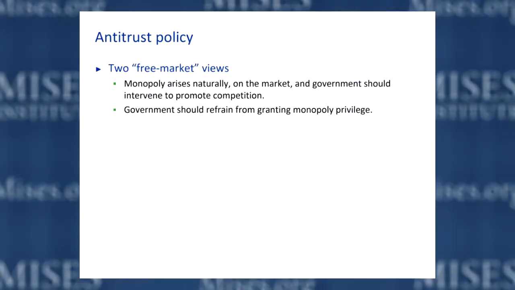So, antitrust is kind of a weird issue for economists, because even many free market economists, or economists who would consider themselves to be defenders of the free market, but come from a neoclassical perspective, are very favorable towards antitrust law. The Chicago school, Milton Friedman, George Stigler, and others are famous for expounding this particular view. They say that, under the free market, monopolies tend to emerge naturally, and it's the responsibility of the government to break them up to make markets more competitive, right? So markets more closely approximate perfect competition.